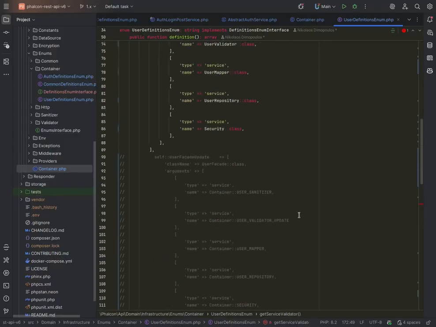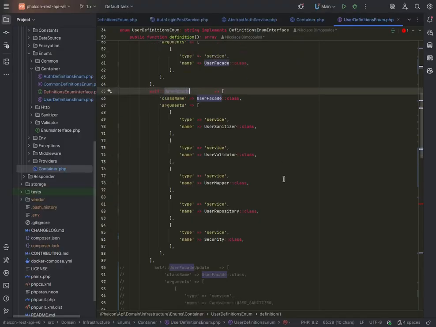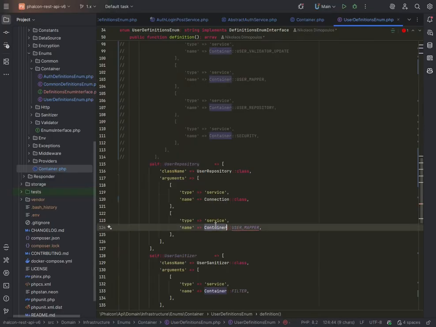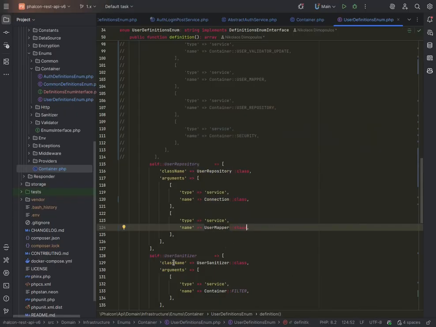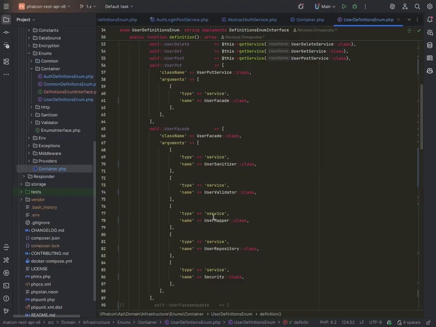And this class, if you notice, is used by the facade, but the mapper is here and the mapper is there too. So it is evident that not only the mapper needs to have its own definition, it has to be shared, but also the user repository. Because once this gets created, a mapper will be instantiated and be put in there. But if that one is created to be given to this guy, then another mapper is going to be created here. So we're doing double